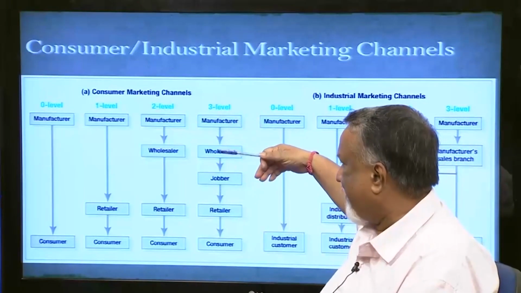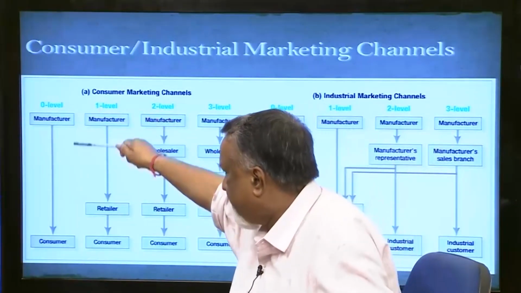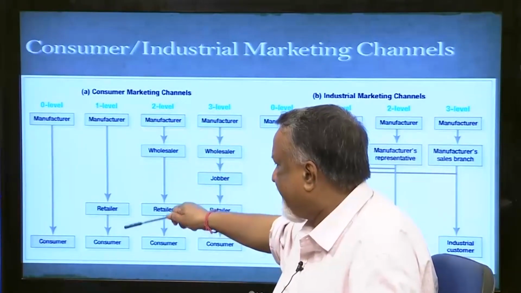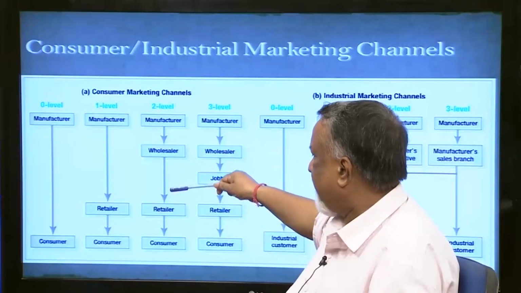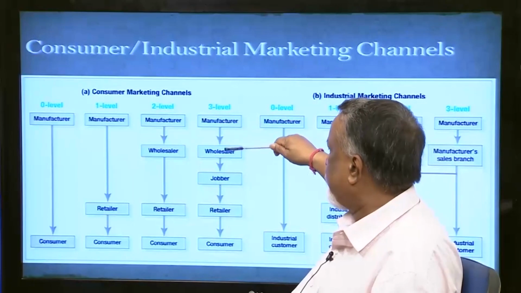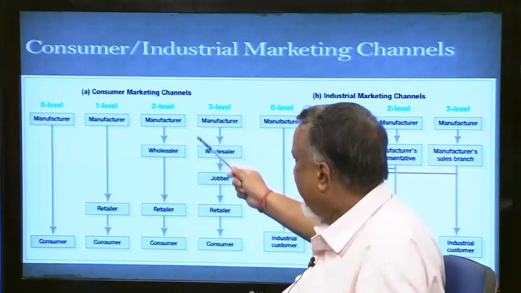I am doing just a recapitulation, that there can be a 0 level which is direct from manufacturer to consumer. There can be 1 level, that is manufacturer to retailer to the consumer. There can be 2 level, manufacturer to wholesaler to retailer to consumer. There can be 3 level, manufacturer to wholesaler to jobber to retailer to consumer. In India,